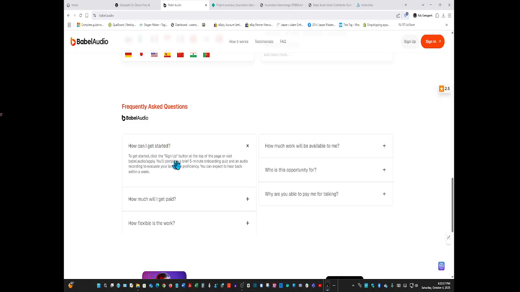You just sign up. 5-minute onboarding quiz with an audio recording. When you record your audio, make sure you have a quality mic. Make sure there's no echo in the room. If you have to, go into a closet that has a lot of clothing, that will cut the reflections down. So we'll cut down the echo and the reverb. This is where most people fall down. They have standards. You have to have basically a studio. But if you get past that, you're in.